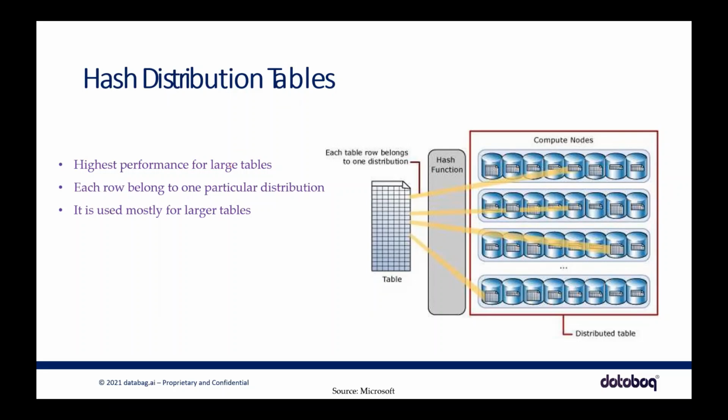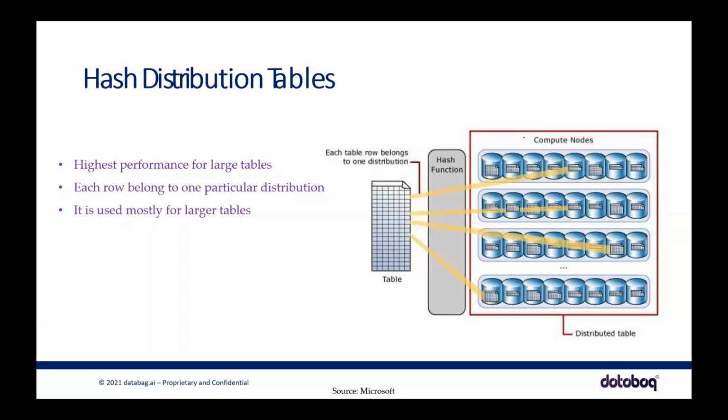So hash distribution is nothing but, if you know the fact table and if you know the unique key within the fact table, then you use hash distribution and you put that column within that hash distribution. For round robin and replication, you don't have to mention the column name, but when it comes to hash, you need to mention the column name. You remember we had to mention this column name when it comes to partition for NoSQL database. Similarly, you also have to mention the column name. If you think that you're going to filter mainly based on the product category, then use product category in the hash, so that the data will be distributed based on the product category.